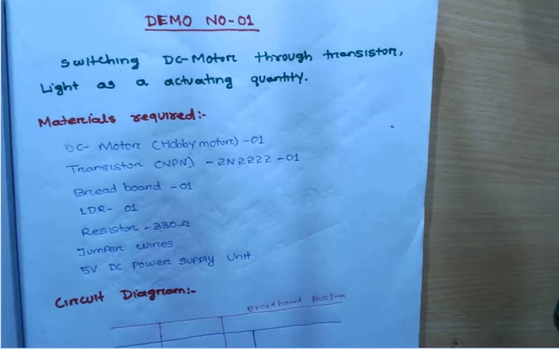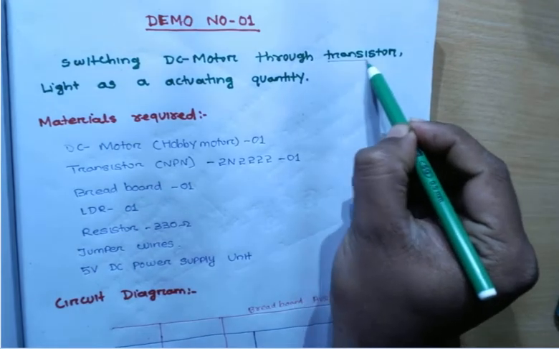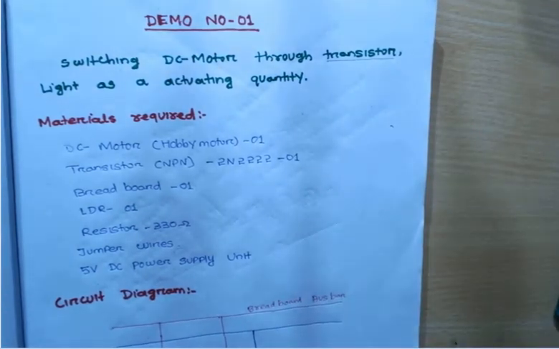I have already discussed the fan at your home. Now in this practical, we are using a DC motor. The fan at our home is an AC motor. We control its speed with a regulator and a switch. But here, we will control the switching action with the help of a transistor. It means the transistor will act as a switch. At home, we use our fingertips to control the fan.